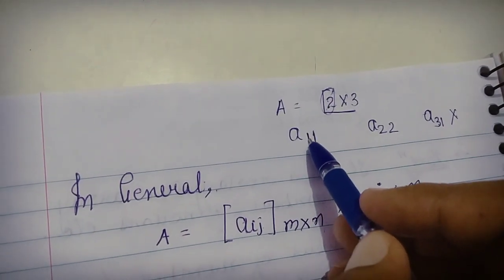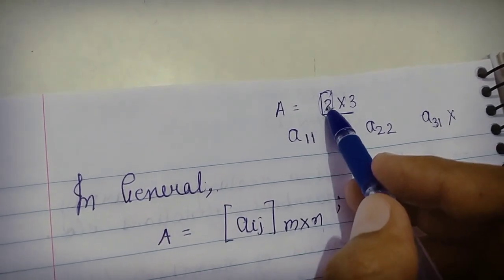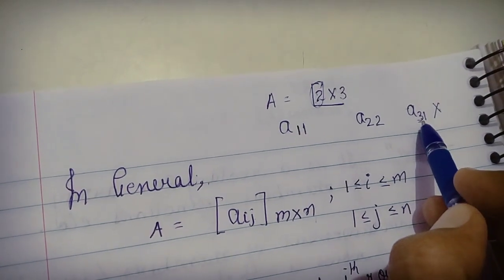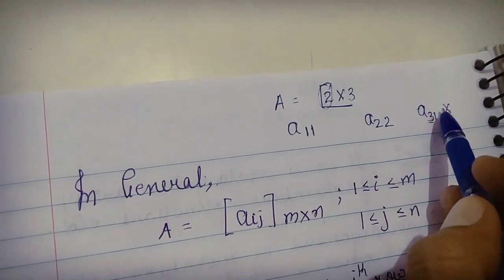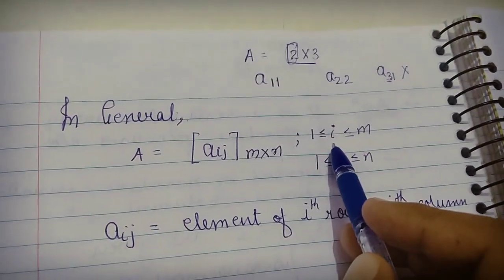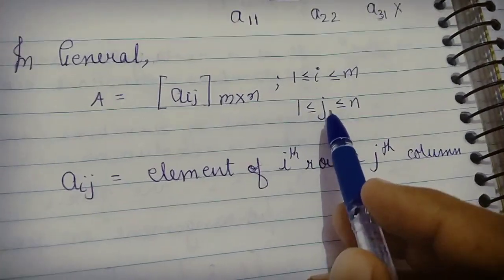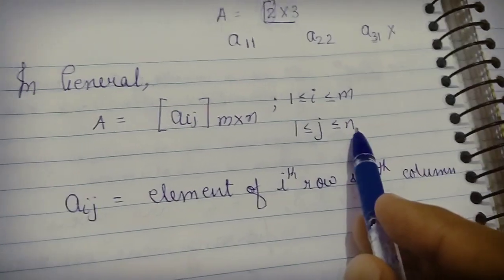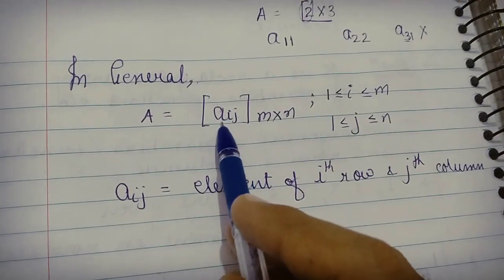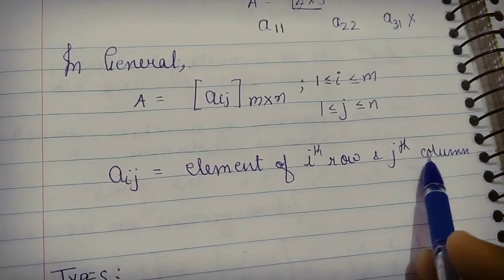एलिमेंट को जब हम रिप्रेजेंट करते हैं तो ये फर्स्ट वैल्यू नंबर ऑफ रोज को रिप्रेजेंट करती है. ये वैल्यू कभी भी इससे ज़्यादा नहीं हो सकती, क्योंकि मैट्रिक्स के अंदर टोटल रोज ही 2 है. तो थर्ड रो का एलिमेंट हम फाइंड आउट कर ही नहीं सकते, मीन्स ये एलिमेंट एग्जिस्ट नहीं करेगा. दैट्स वाई द रेंज ऑफ i इज़ फ्रॉम 1 to m, and similarly j is always less than equals to n and greater than equals to 1. And what about Aij? Aij is the element of ith row and jth column.